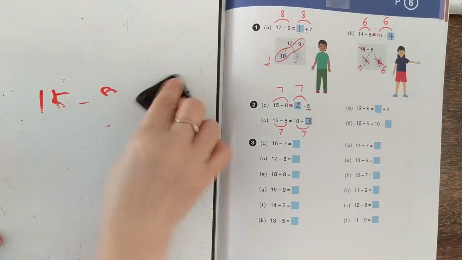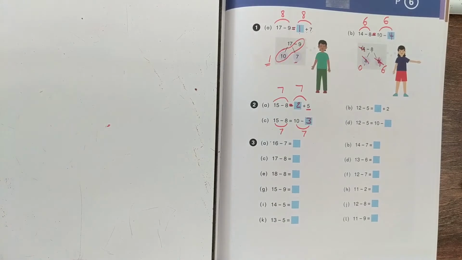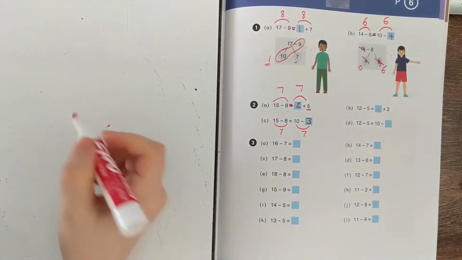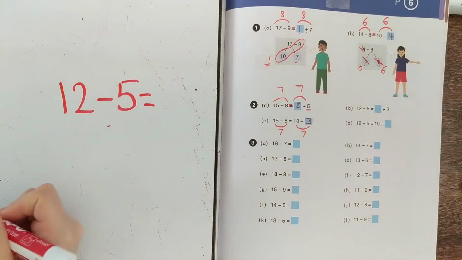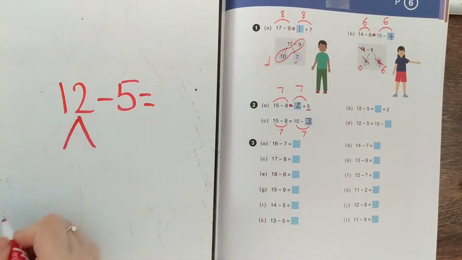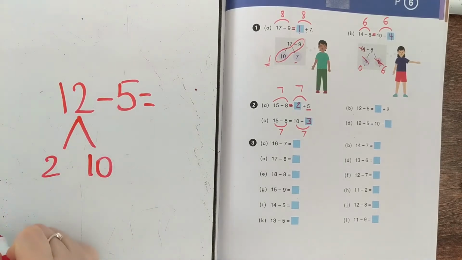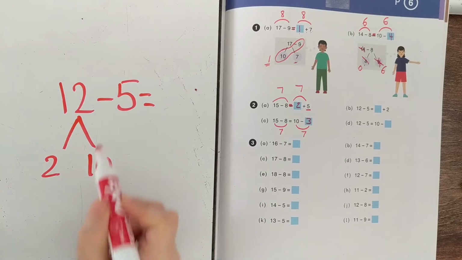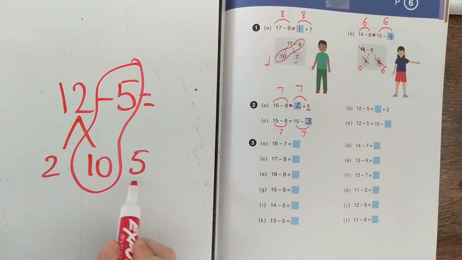Let's do letter B and D. Letter B and D both are taking away 12 minus 5. So we're going to do that using 2 separate methods. In the first method, we're going to take away from 10, so we're going to take this apart. Inside the 12, there is a 10 and a 2. Now we can subtract. 10 minus 5 is 5. Add those leftovers. 5 plus 2 is